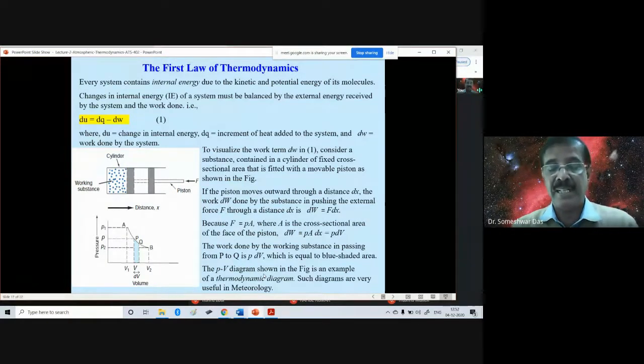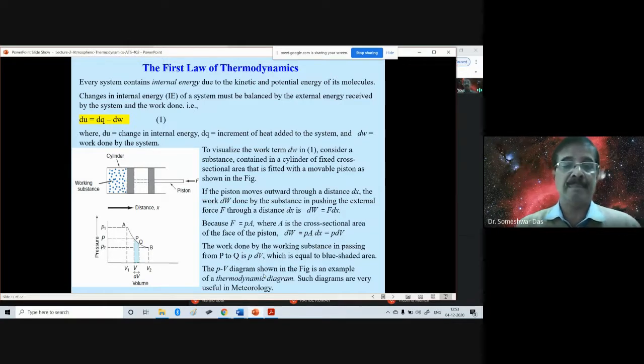We shall study in detail about this thermodynamic diagram subsequently in this class, because on this type of diagram, we try to plot the profiles of temperature and the humidity observed by the radiosonde, and try to analyze from there whether the atmosphere is going to be stable or unstable, or the atmosphere is neutral. So there are a lot of applications, and there are various forms of this diagram. Sometimes it's called the T-phi gram.